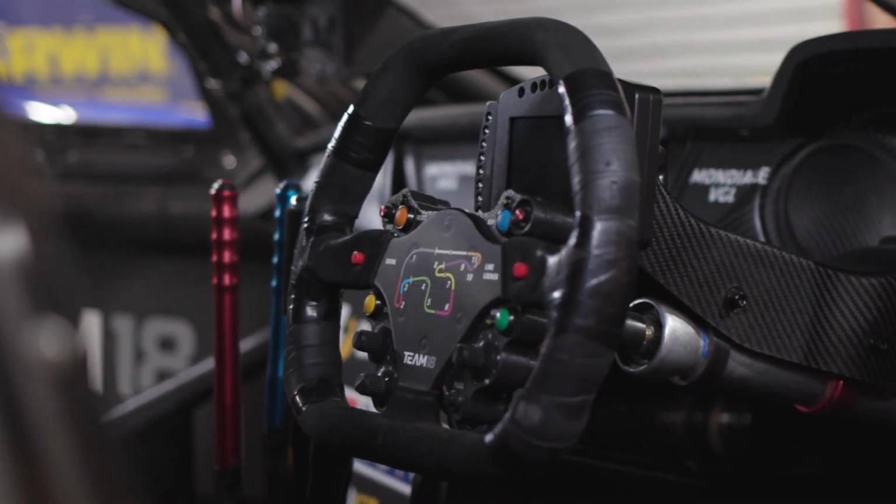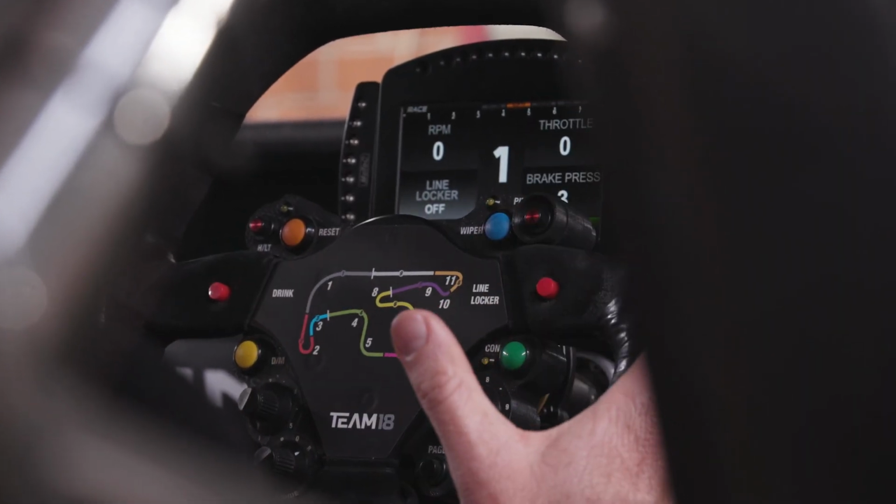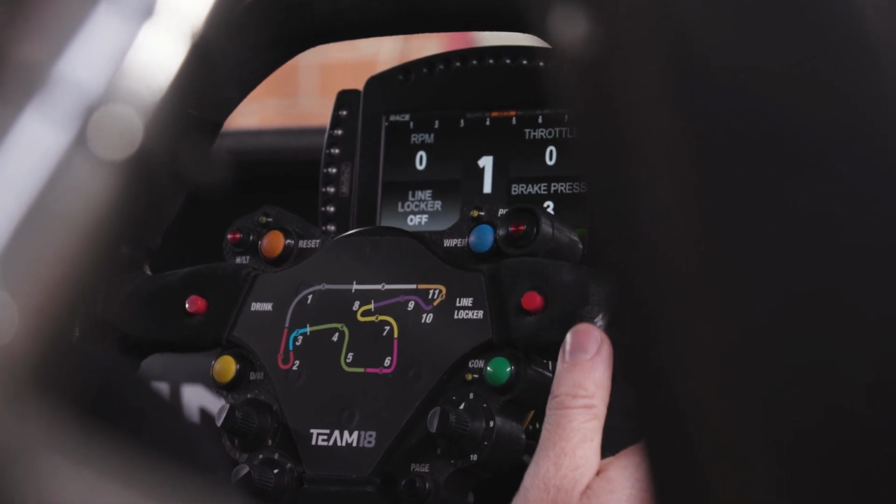So we'll start with everything that's on the steering wheel first. Now the reason there are so many buttons on the steering wheel is because these are ones that we would use regularly whilst in the car, whether it be for a practice session or a race. The most obvious one, which you see us use a lot, is the pit lane limiter. So the pit button up here on the top right hand corner of the steering wheel,